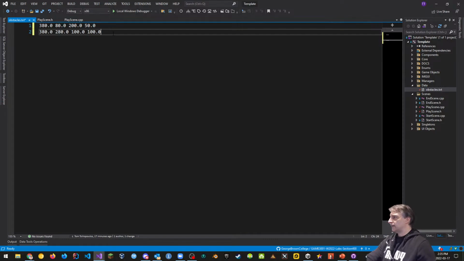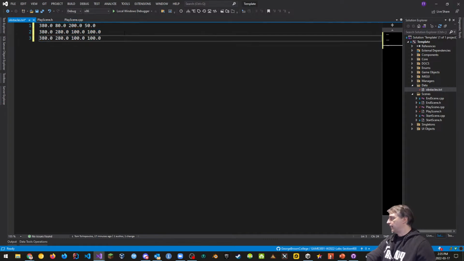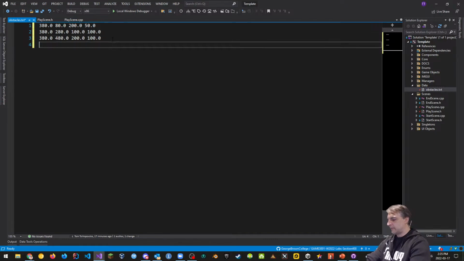That's the next one. Let's copy that again. Copy, paste. And in the next one, it's going to be 480, so a couple of units down. 200 is going to be width, and 100 is going to be height, so a little bit fatter. We can also add other ones. I know that he recommended 5 of them. So he puts this at a different spot, 180 and maybe 180, and then 50 and 50. So these are the values that he recommends.